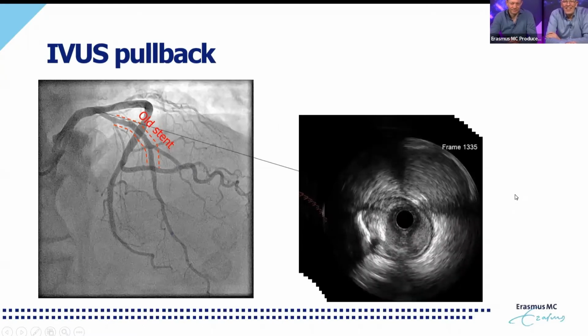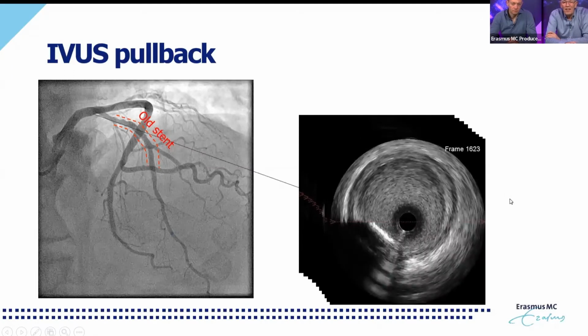And here again, you see the bifurcation with the circumflex coming in, and the left main also with concentric mixed plaque, calcium and fibrofatty around. And that meant that